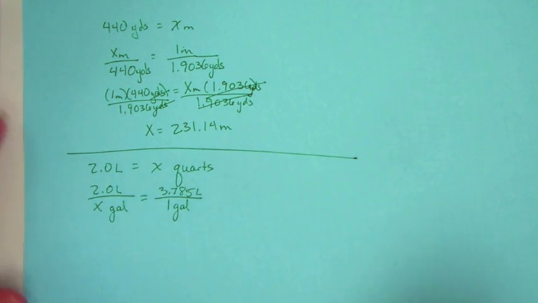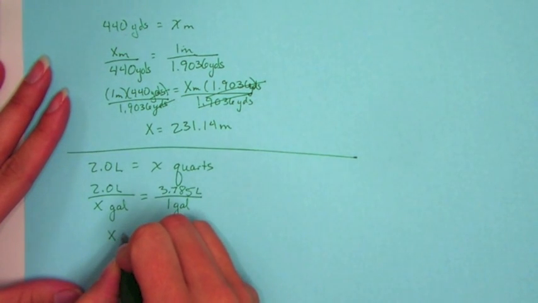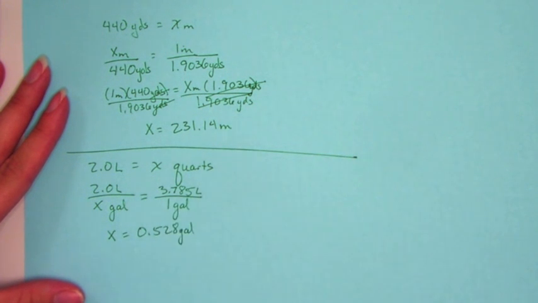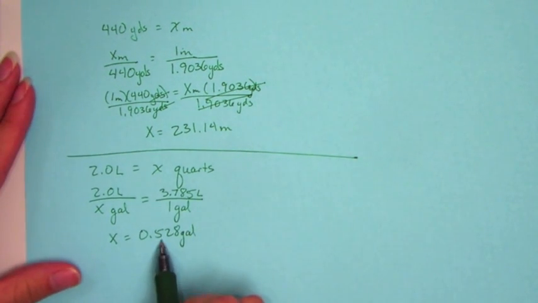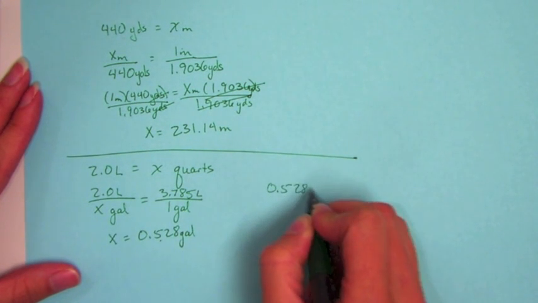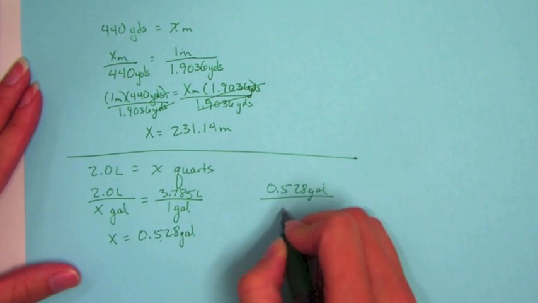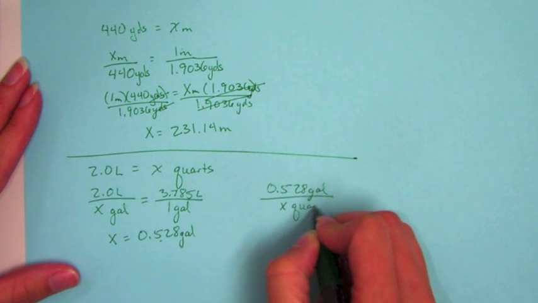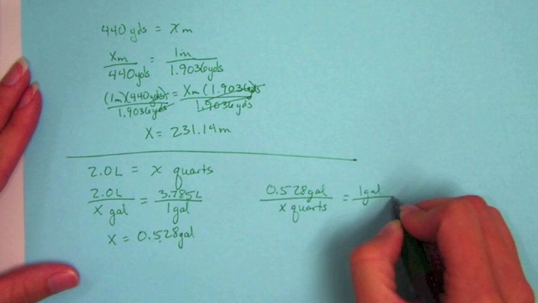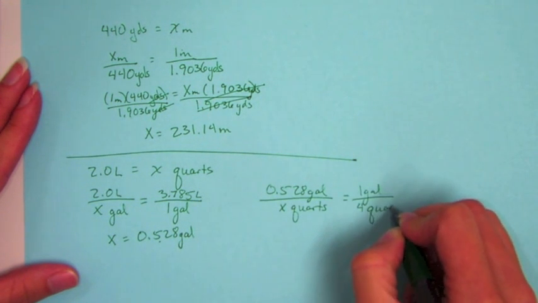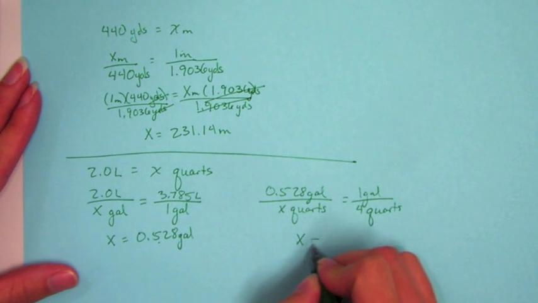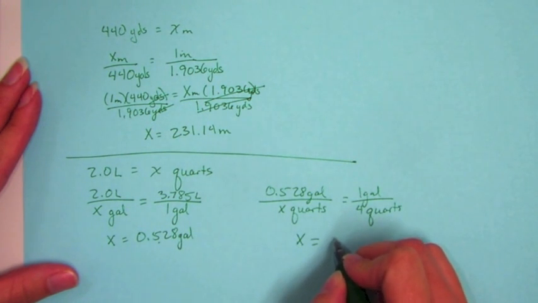Do this cross multiplication and we come out with X equaling 0.528 gallons. Now we set that up to take the place of this, and we say 0.528 gallons over X quarts equals 1 gallon over 4 quarts. Do your cross multiplication and you come out with X equaling 2.11